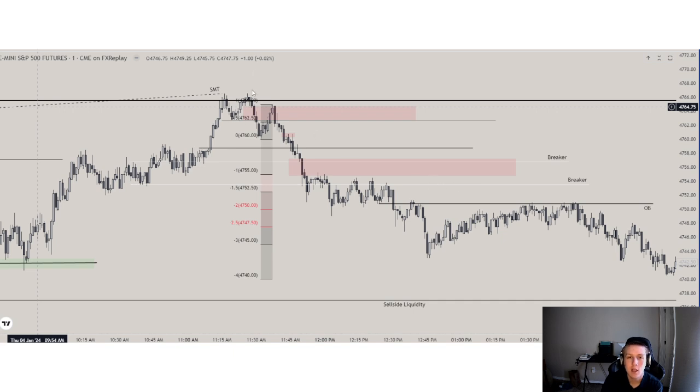All right. And here we can frame standard deviation. We also can go over this a little bit more. We have SMT. We put in a failure swing. We break down. Boom, right there. We trade in that for value. I need to stop saying boom. And then we end up having